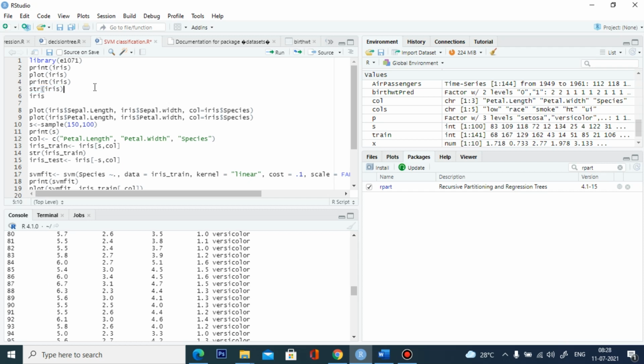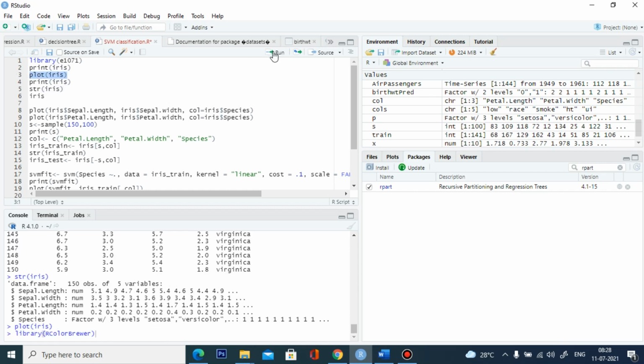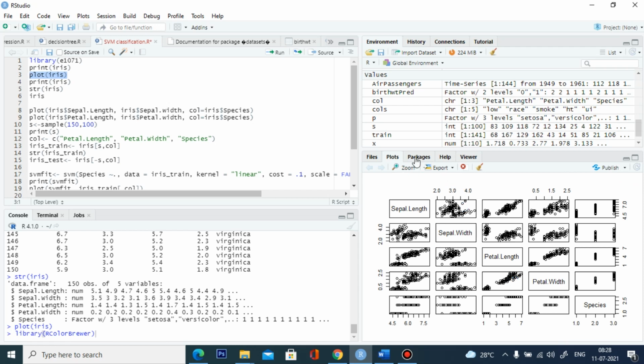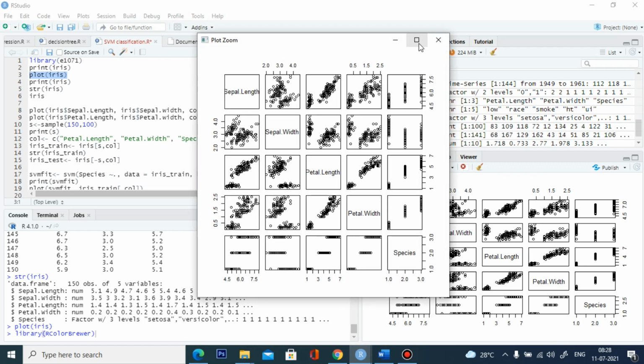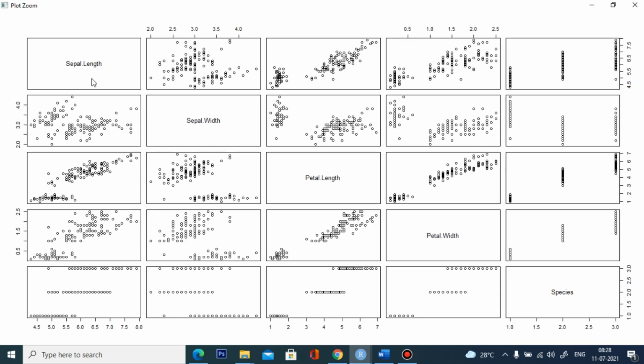I'm going to plot the iris. How will it look? This is the plot of the iris data set. Here we have 5 variables and you can see how the data is plotted: sepal length, sepal width, petal length, petal width and species.